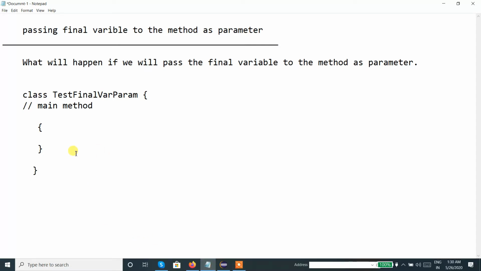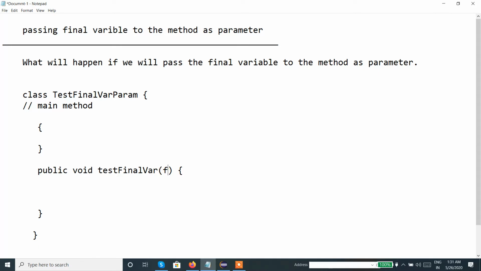Now as we are talking about a parameterized method, let us define a method over here. I created one method public void test final variable, and as we are talking about final variable as parameter, definitely the parameter we need to pass inside the method.